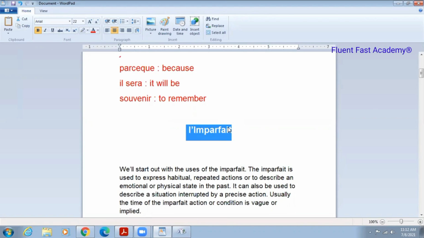Quelle est l'utilisation de l'imparfait? So, like passé composé is basically used for the action that took place in a precise moment of past, or it is used for a limited duration. The action that occurred for a limited duration. Okay? Imperfect is normally used for the situation in the past, obviously, but it is used to describe the events in the past. I was talking to my mother when my brother came and snatched my book. So you are talking about a past description. For that purpose, we use imperfect.